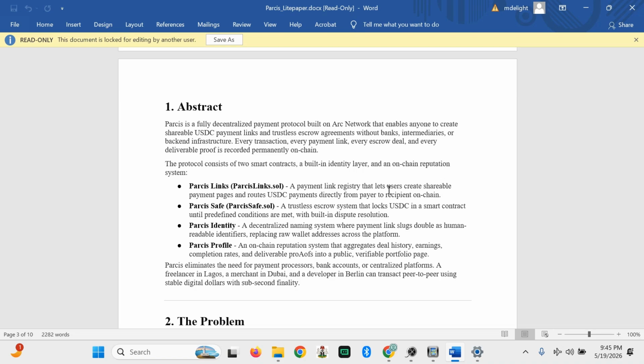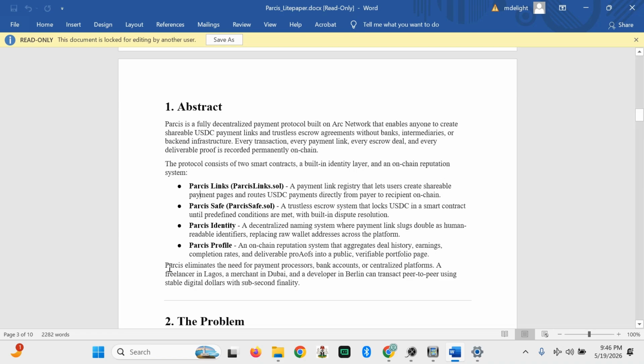We also have Passes Safe, a trustless escrow system that locks USDC in a smart contract until predefined conditions are met, with built-in dispute resolution. We also have Passes Identity, a decentralized naming system where payment links double as human-readable identifiers, replacing wallet addresses, and work across platforms. We also have Passes Proof, an on-chain reputation profile that aggregates deal history, earnings, completion rate, and everything.